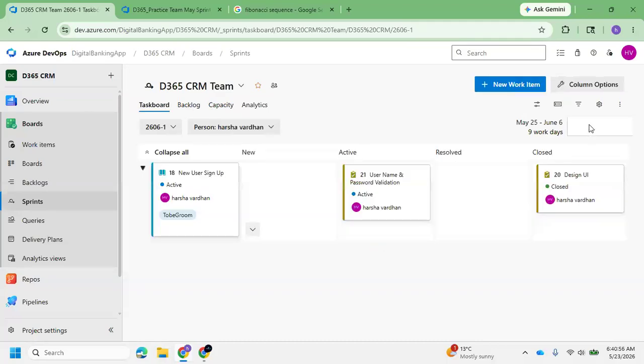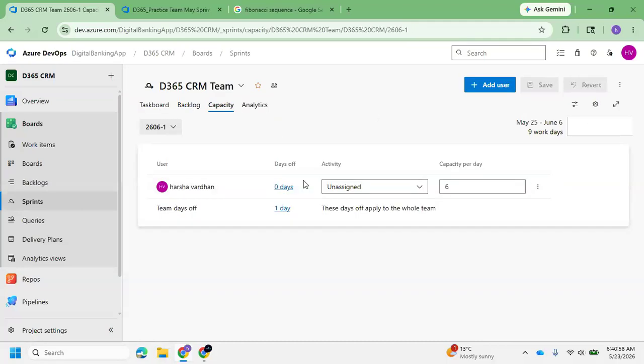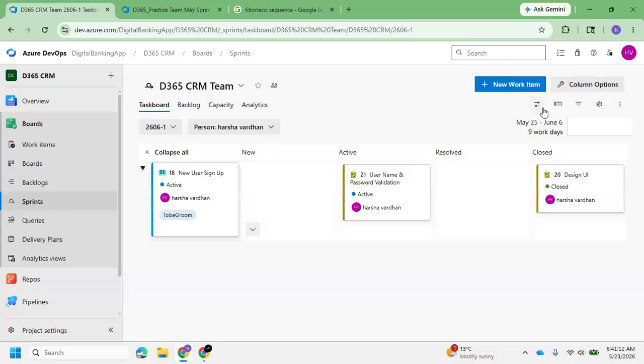So whenever you have 6 hours per day, if you have two team members, obviously for each day there will be 12 hours of work that should be delivered, right? So they don't have any offs in this week. So at that time, if you see here, the dashboard,